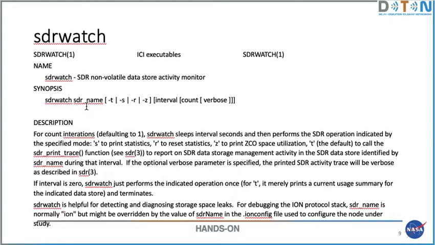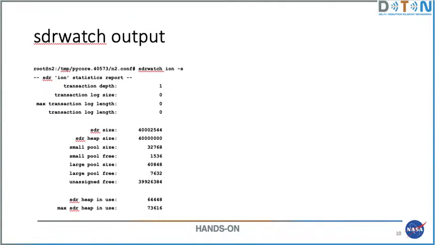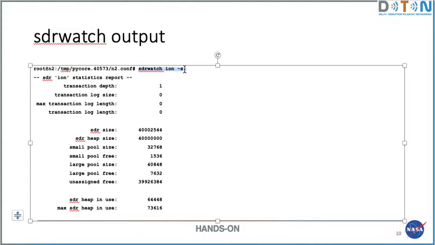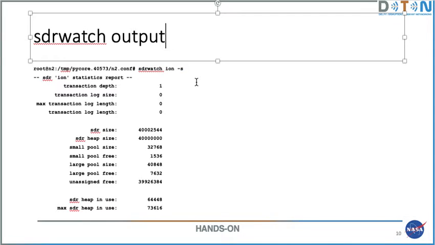And this is just the man page for SDR Watch. I'm going to go to the next slide. I've got some example output from SDR Watch -S and probably SDR Watch -T as well. So we can go through that. SDR Watch -S. Here, this was the command SDR Watch ION -S, and this is giving us